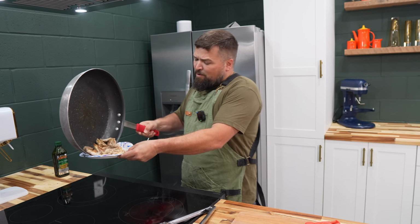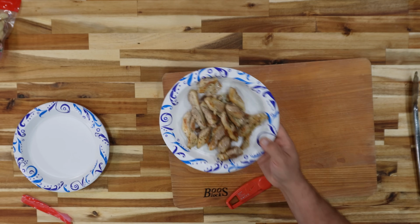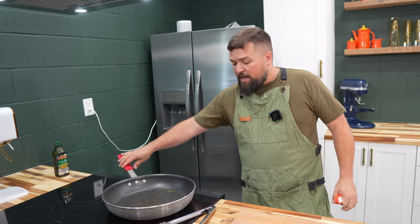Should I be dumping this over the hot? No, I should not. I did it anyways, guys. There's our chicken. We're just gonna let that cool. We don't really need to let it cool, but we are going to use that same pan and heat up